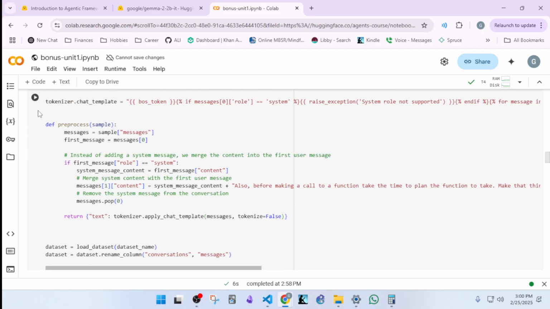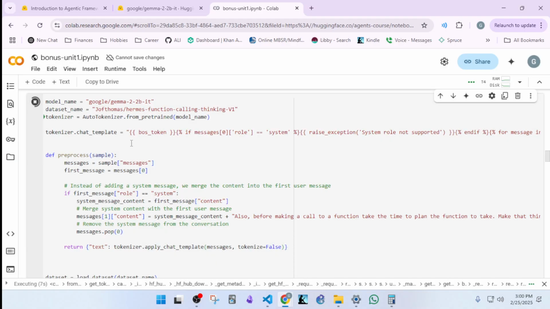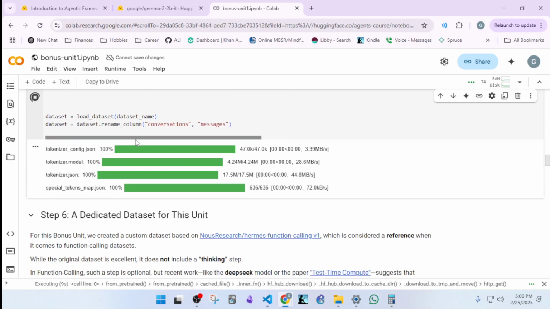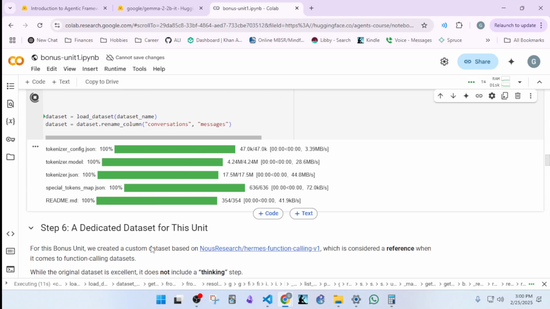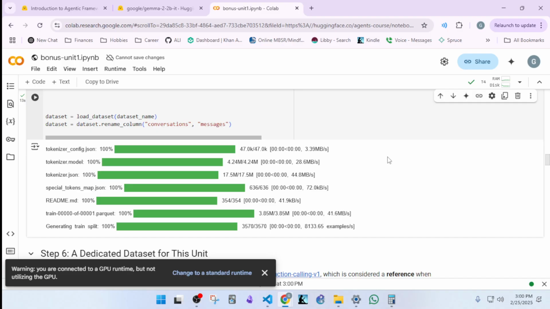Looks good. So I'll run this, and hopefully it doesn't immediately show my token. Yep, so we're going to grant access to that, and it's not going to show me any specifics about that, hopefully, not even down here. All right, as far as I know, it did not, but best practice is